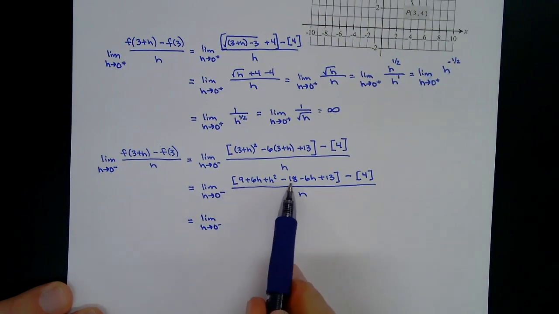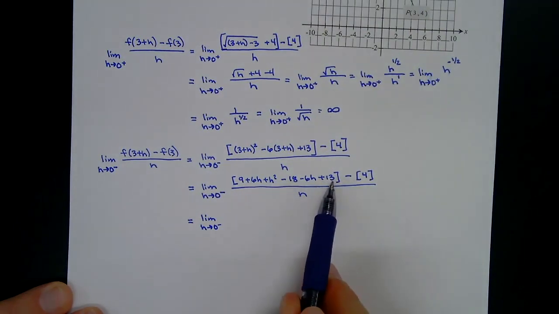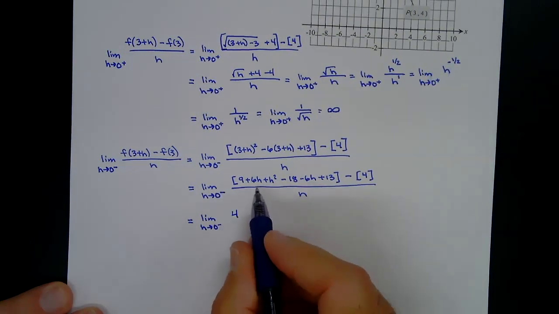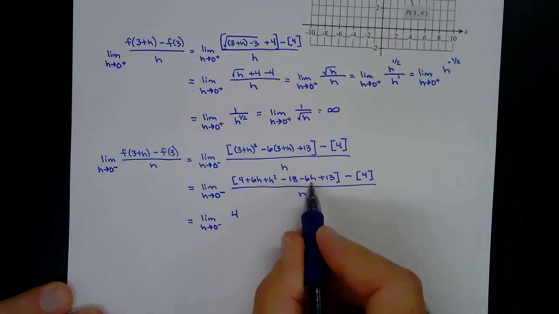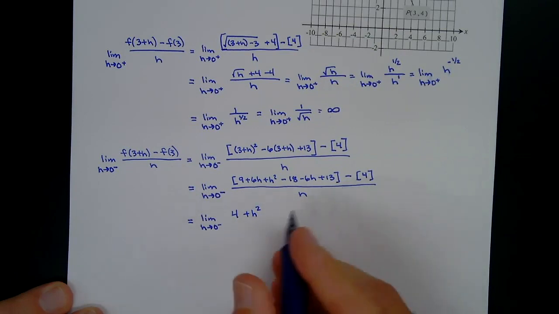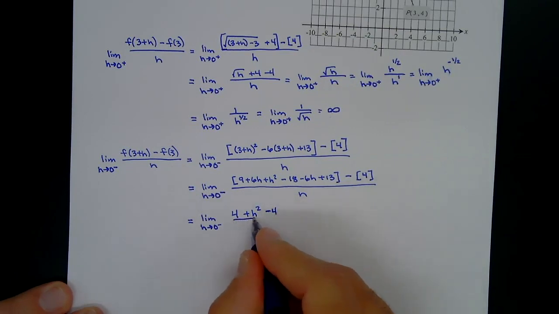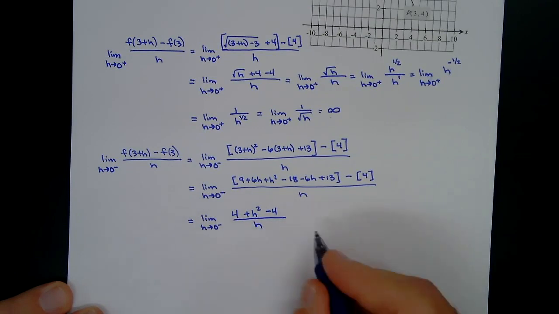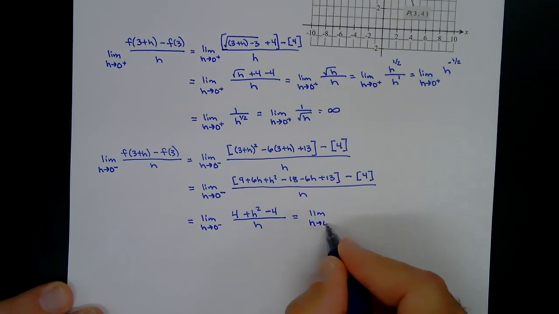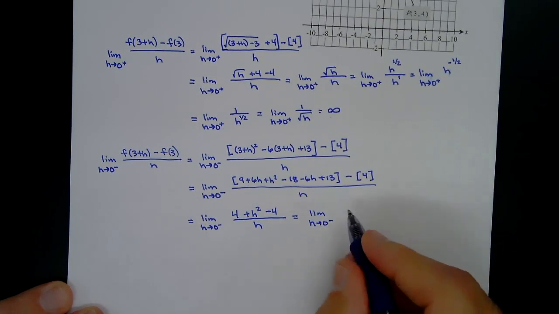Okay, this is equal to the limit as h approaches 0 from the left. And then here we have 9 minus 18, that's negative 9. And then negative 9 plus 13 would give you 4. So we have 4. And then we have 6h and minus 6h. Those are going to cancel. And then I have the h squared here, so plus h squared. And then minus the 4, all over h. And then that becomes the limit as h approaches 0 from the left of h squared